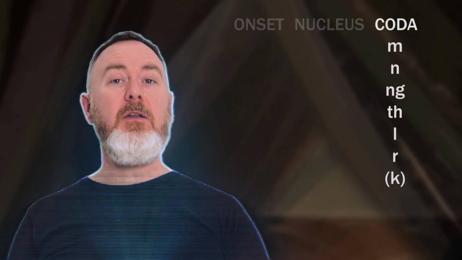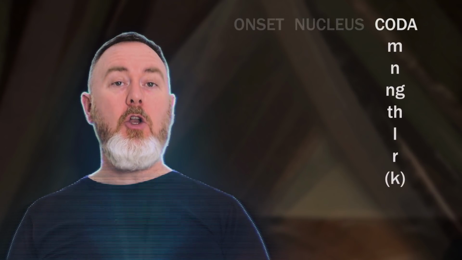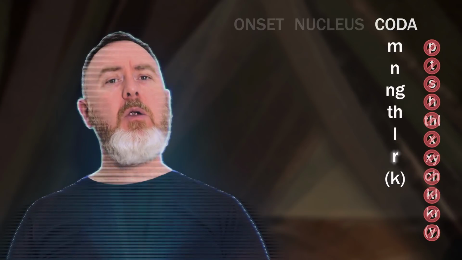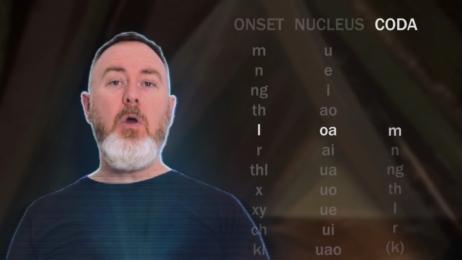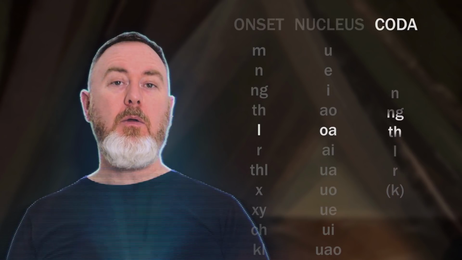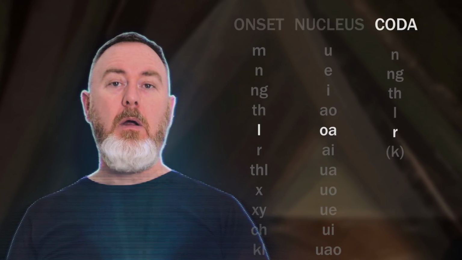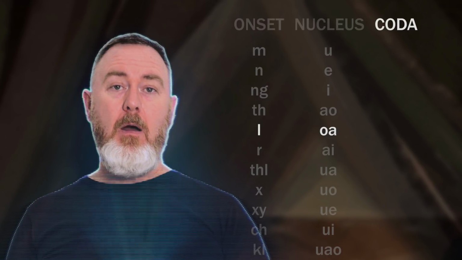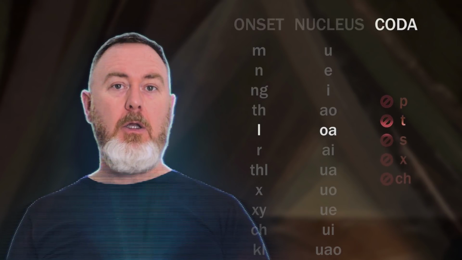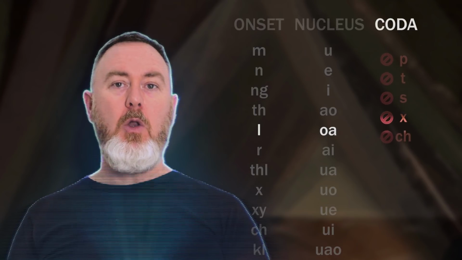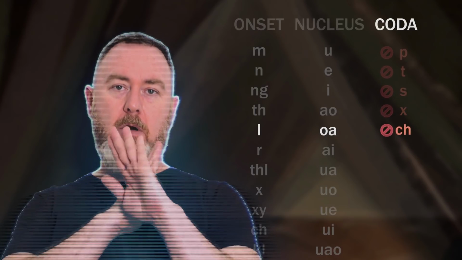Codas come at the end of a syllable and can also be null or empty. Xi'an is somewhat picky about codas. Unlike onsets, it only allows M, N, NG, TH, L, R, and very rarely K in some slang words. The syllables loam, loan, loang, loath, loal, loar are all okay, but loap, loat, loas, loach never occur naturally